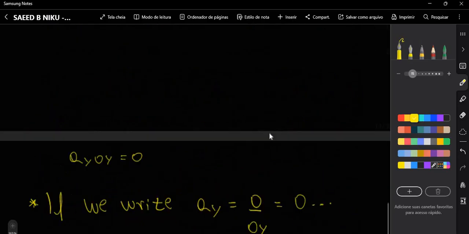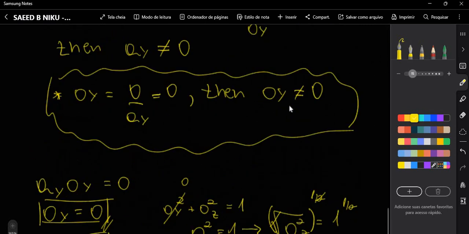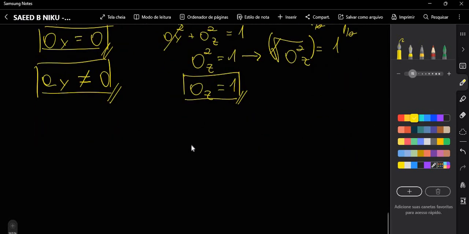And if we solve all of these equations, we are going to obtain for Nx the following. For Nz 0,